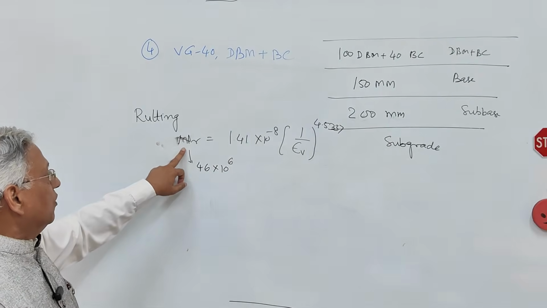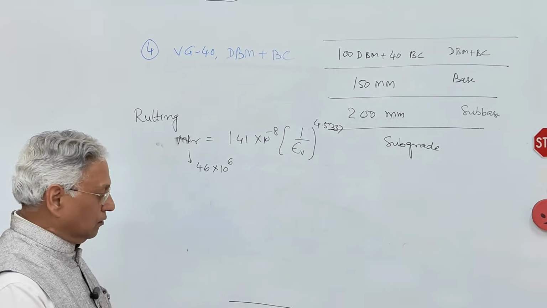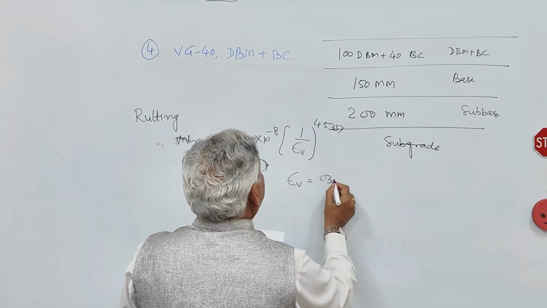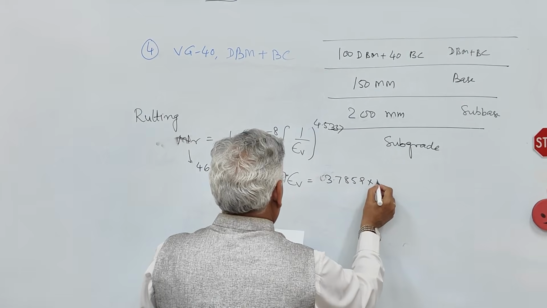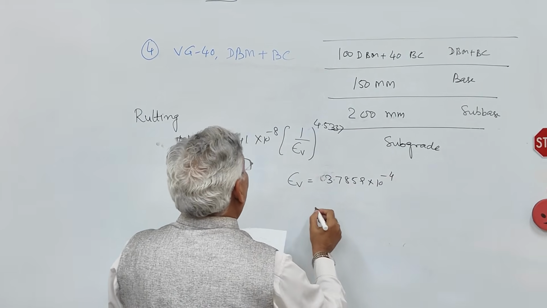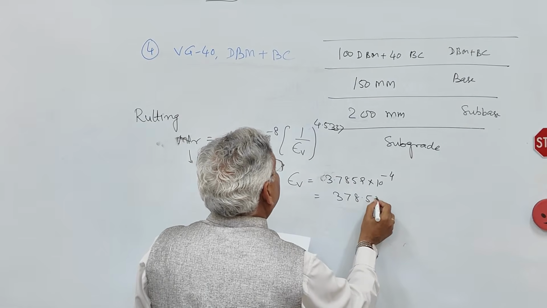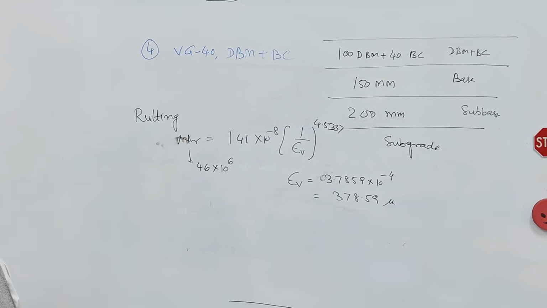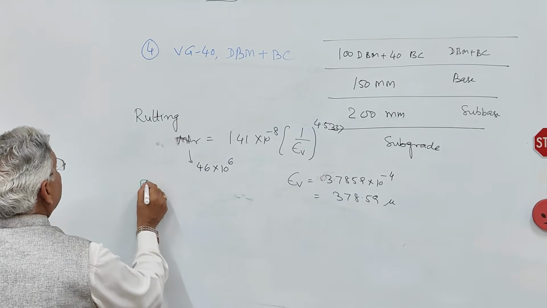So for this value of NR, what is the value of epsilon V? You can calculate. Epsilon V will be 3.7859 into 10 to the power minus 4, or you can say 378.59 micron. That is the allowable strain for given design life. Another criteria is fatigue,